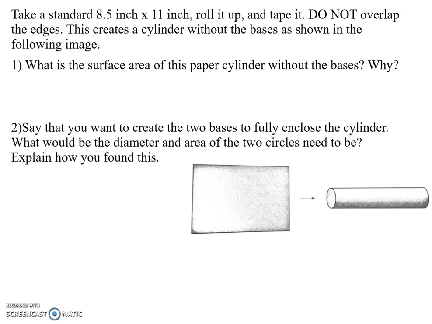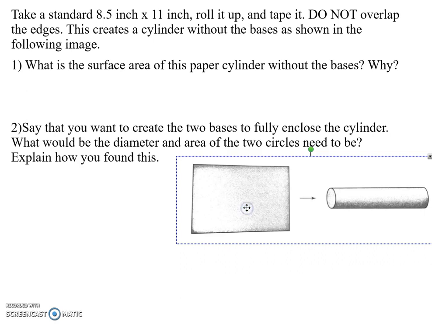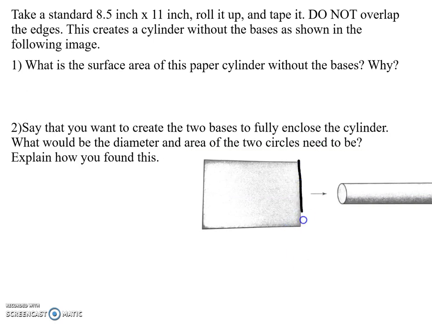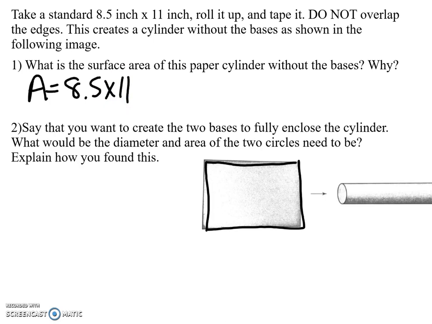So the first question asks, what's the surface area of the paper cylinder without the bases? Now, think about what we did. We took a piece of paper and we rolled it up. That paper, when we started, was just a rectangle, and that rectangle was 8.5 by 11. So the area without the bases is just the 8.5 by 11 sheet of paper, which is approximately